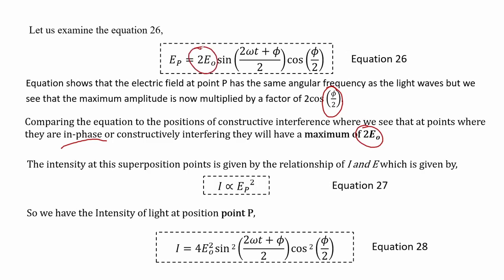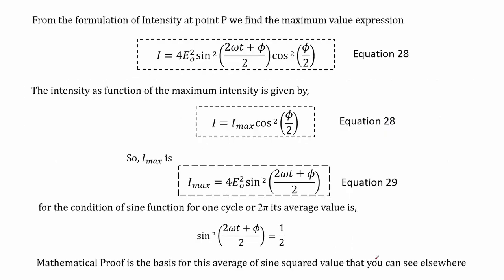The intensity at these superposition points is given by the relationship of intensity and the square of the energy, as shown in equation 27. So we have the intensity of light at point P given by equation 28. From the formulation of intensity at point P by equation 28, we find the maximum value expression. The intensity as a function of the maximum intensity is given by a rewrite of equation 28,